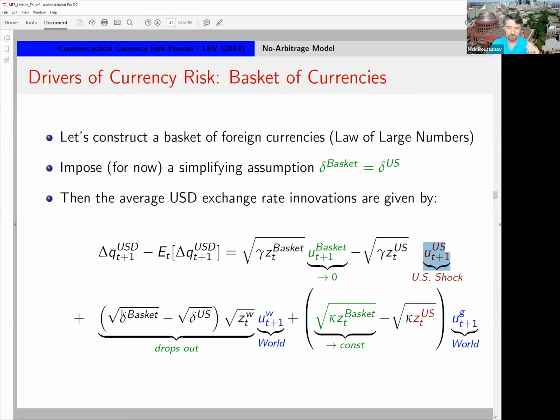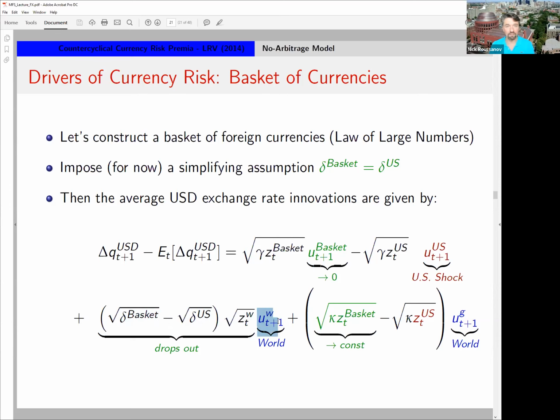Why is this a natural assumption? Well, it's a natural assumption given that we know that on average, investing in the dollar or shorting the dollar unconditionally does not earn much of a risk premium. If it did, then it would be important for the US to not have the same exposure to the global shock as an average country. But given that on average the dollar risk premium seems to be close to zero, it has to be that in terms of the exposure to this global, let's say, volatility shock, the US is a relatively average country.